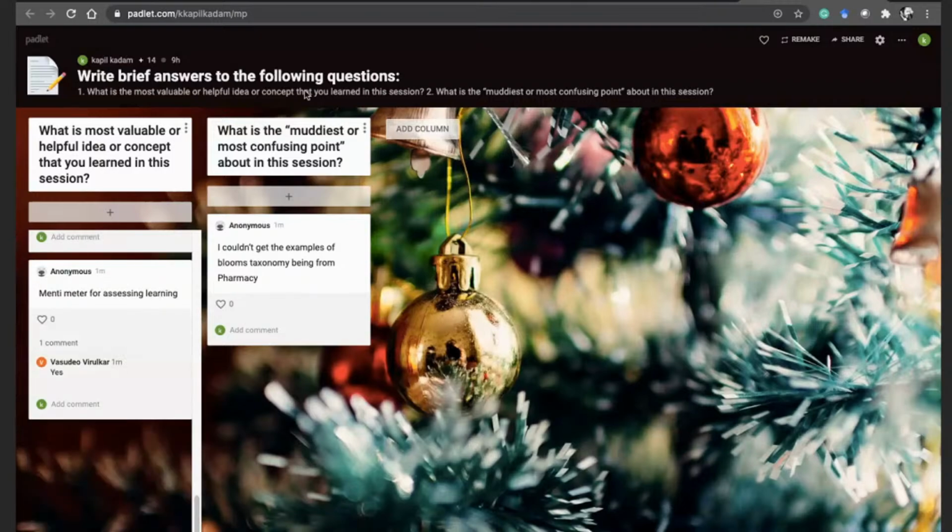So like I was asking, how many of you have used Mentimeter and how many have not used. Similarly, those who are comfortable with Padlet know how to use it. For those who are new to Padlet, actually use Padlet for learner engagement as well as to make discussions more interactive. Let me see, I could not get the pharmacy. Need some guidance for formulating more tricky questions related to applications. Okay. So you could see